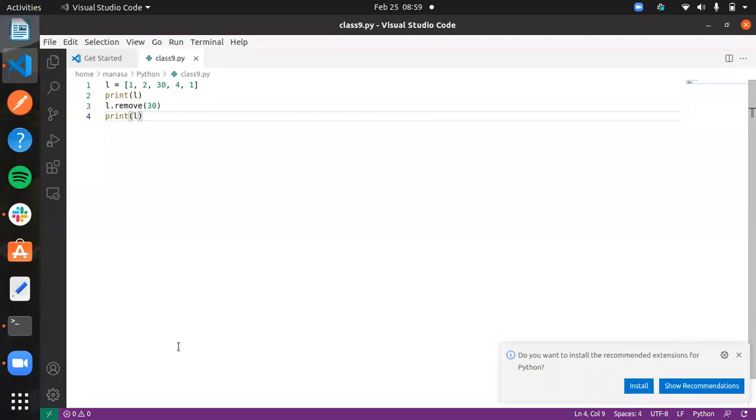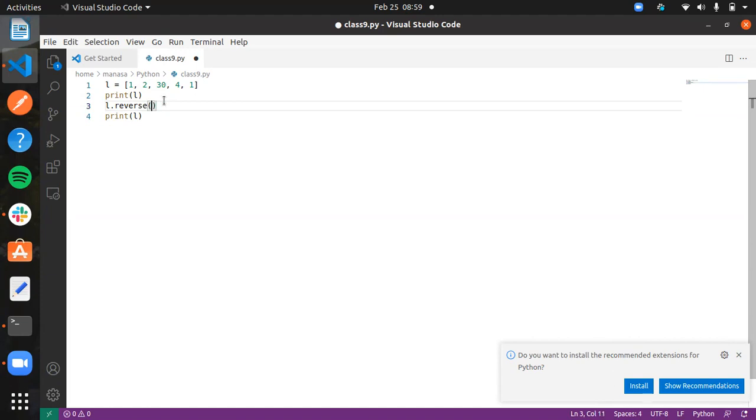So in pop, if you won't pass any parameter, it will remove the last element, and if you pass the position, it's going to remove the element from that particular position. And if you want to remove an element by passing the value, you can go with remove. Okay, and if you want to reverse a list, you have the reverse method,